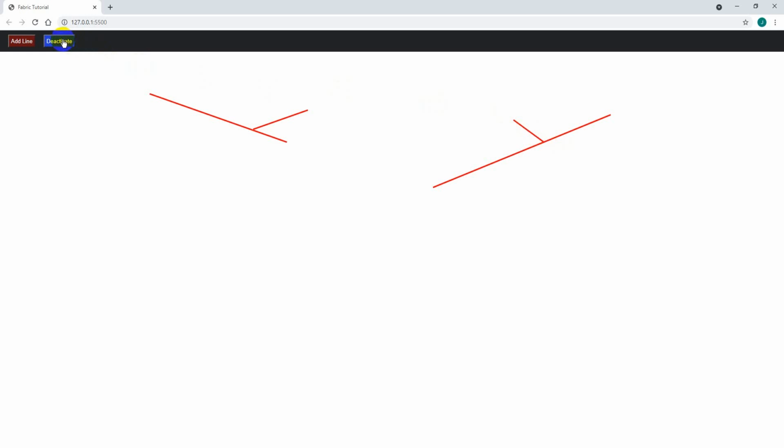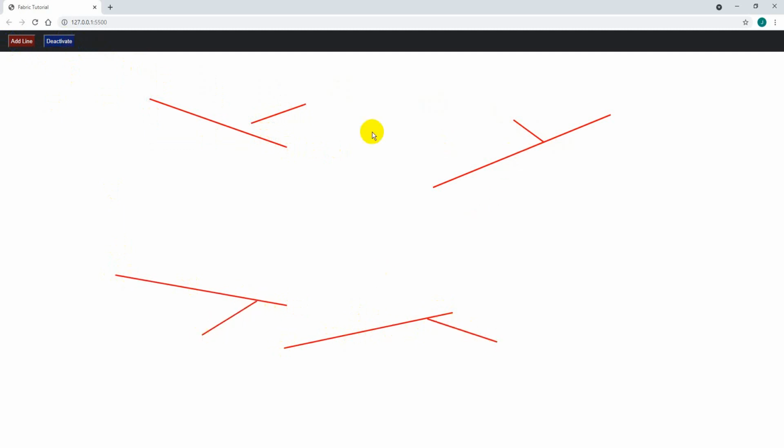But now if I press this deactivate button, all these lines are selectable. Now, if I press the add line button, the lines that I'm drawing now, I can't select them. But the previously created lines, I can select them as I draw. Alright? So, how do we rectify this problem?